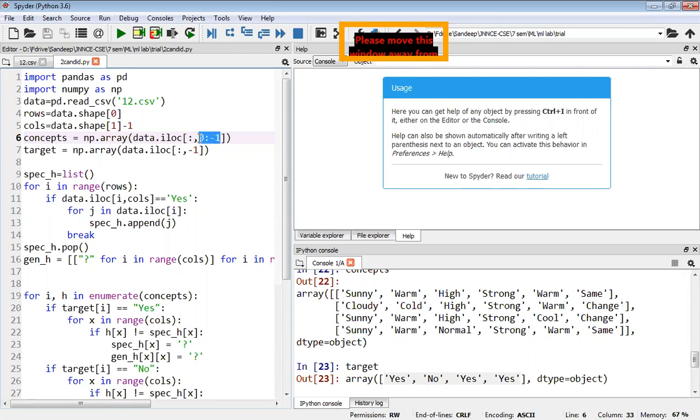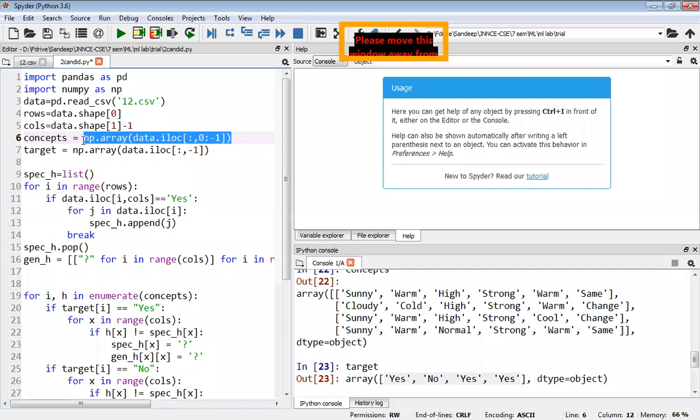This indicates the column range. 0 means first column, till the last but one column. If I say 0 to 4, that means 0 to 4th column except the 4th column. Is it clear? If I say -1, it is like that.